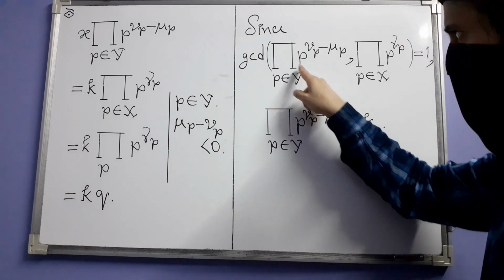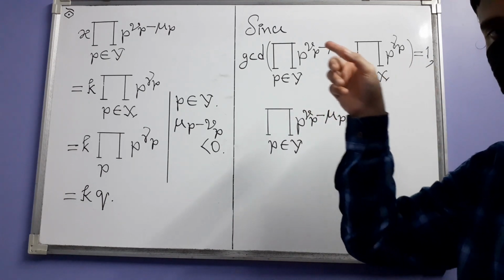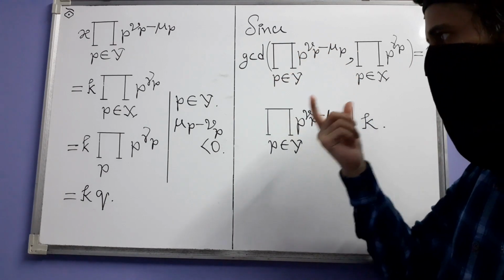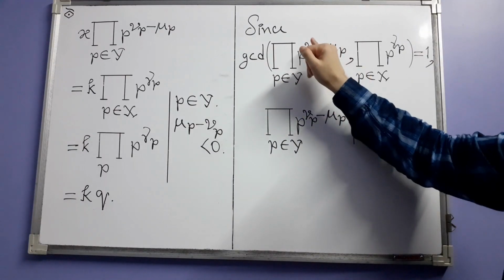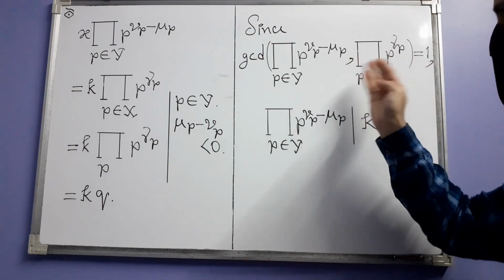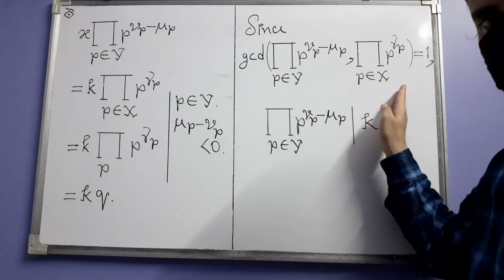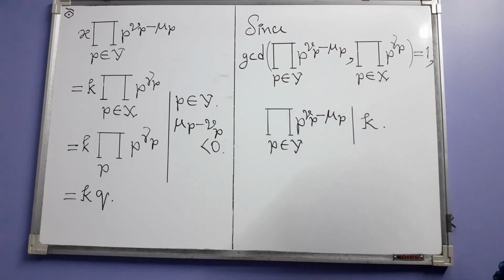Whatever primes that we have in y, they are not there in x. That is why I said back there that x and y are disjoint. So you have some primes here and you have some other primes here. Obviously there is no common positive divisor other than 1, and because this GCD is 1,